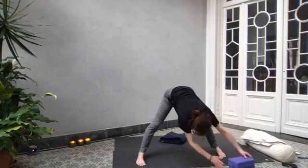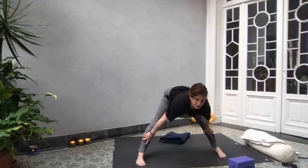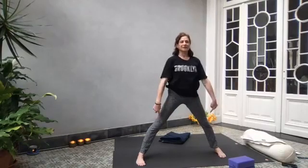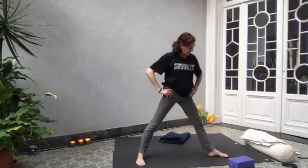Okay, you can take your blocks away now. Walk your hands up to your thighs and stretch up. Walk your hands up over your knees and stretch up and slowly come back. Those were shins, by the way, and these are hips. Good, so now we're going to turn the left toes